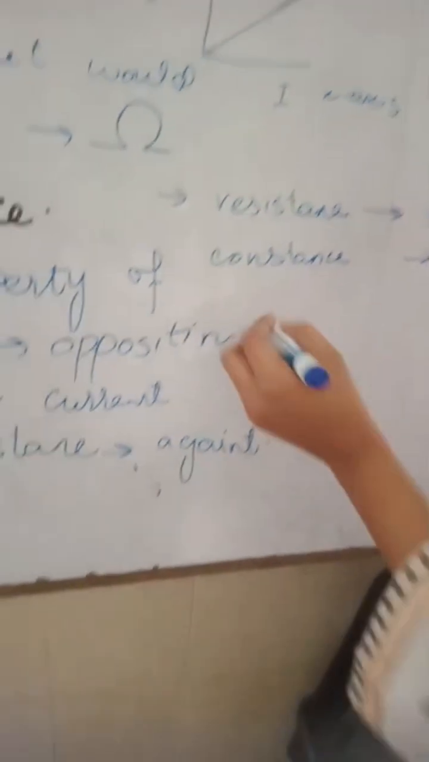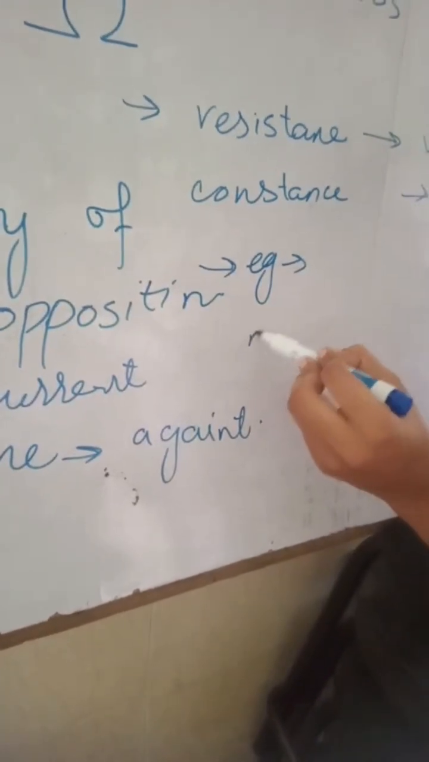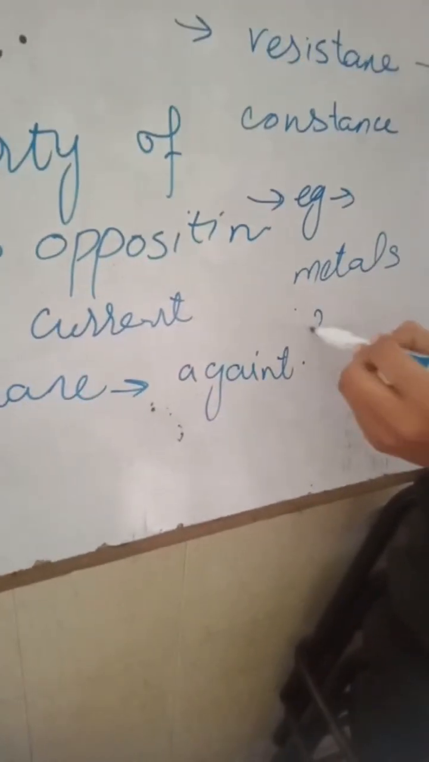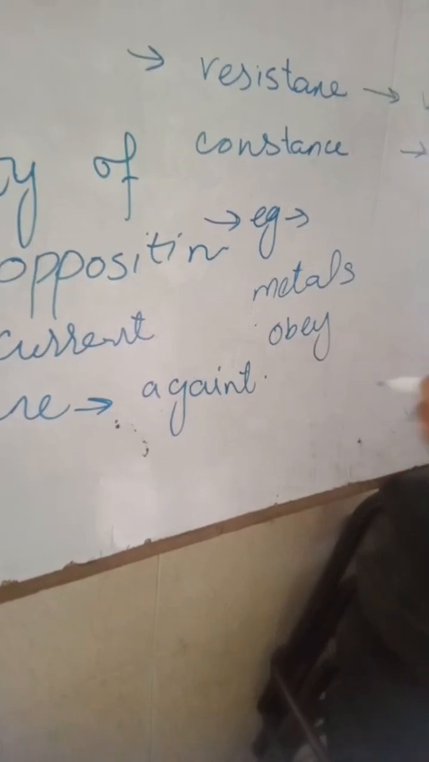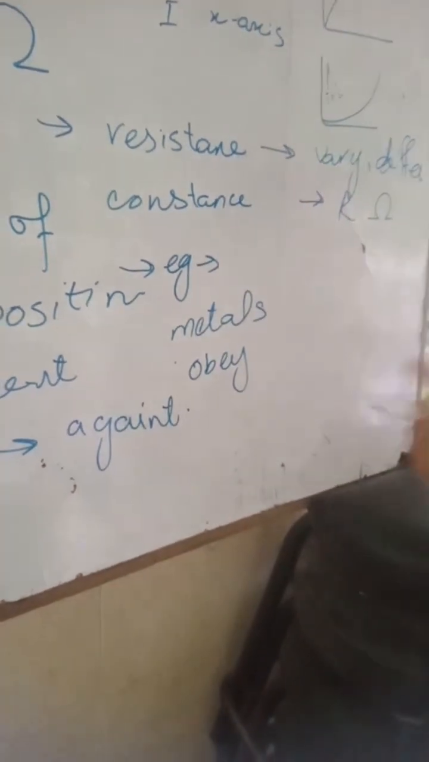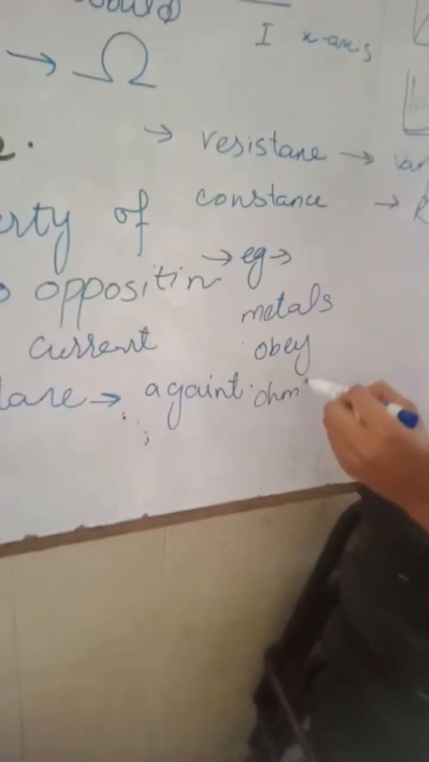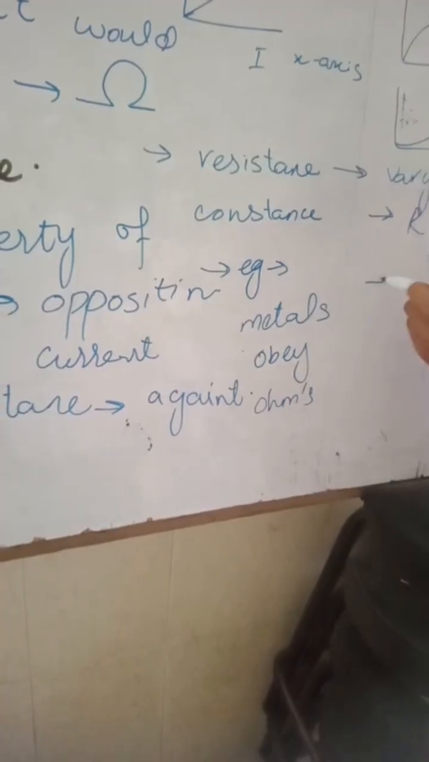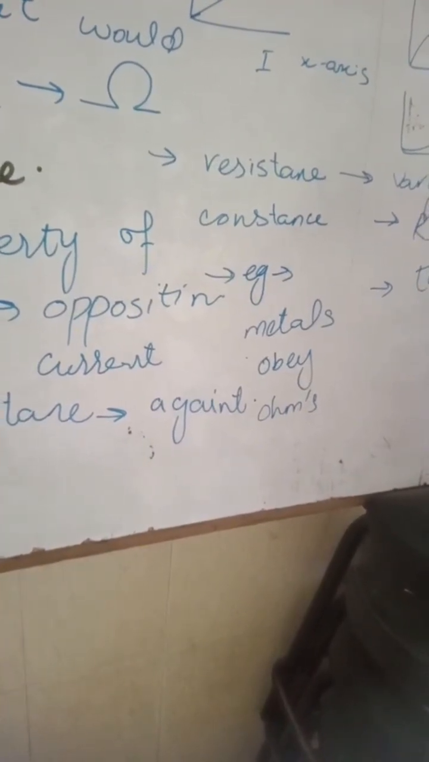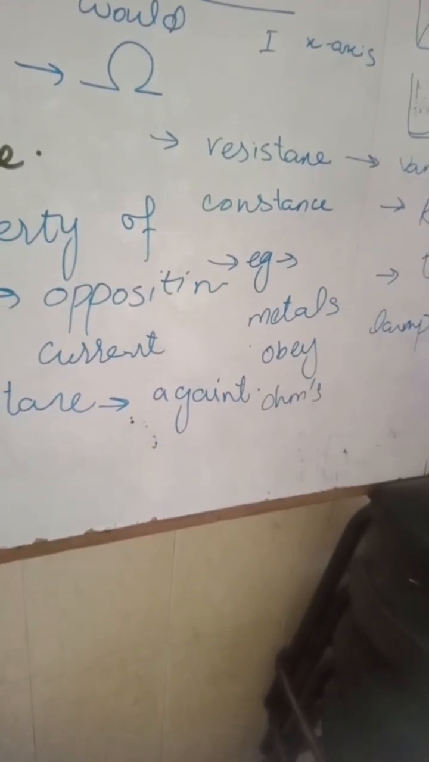If we talk about examples, it would be metal. All metals obey Ohm's law, so they are ohmic conductors. Conductors that can pass electricity obey Ohm's law. Here, thermistor, lamp. Thermistor